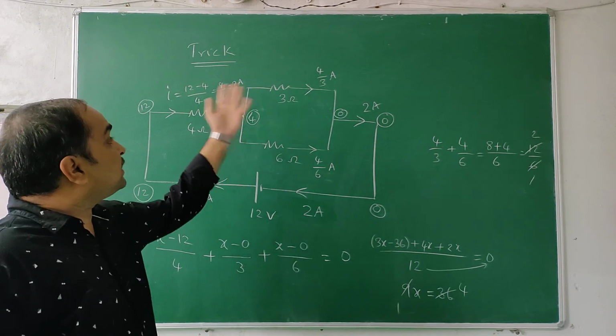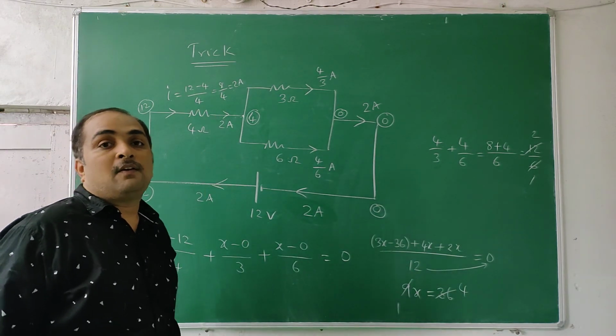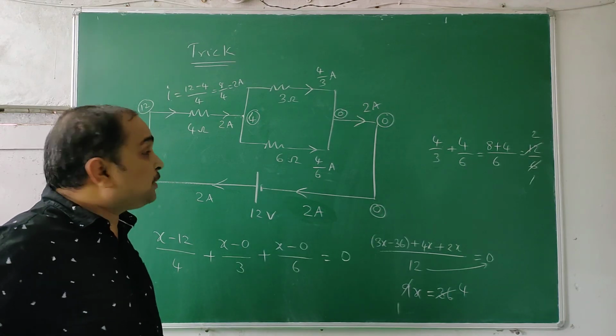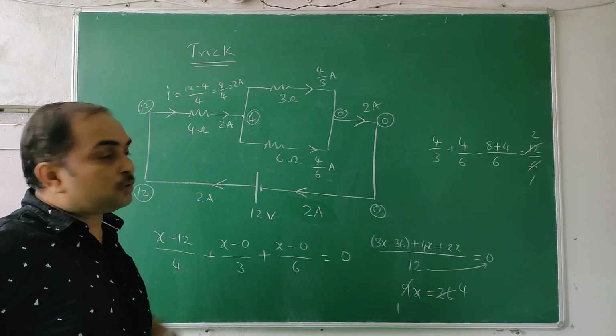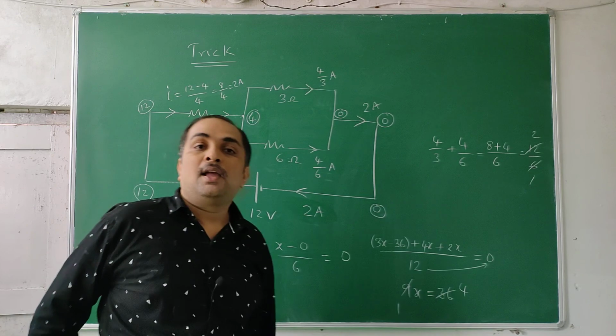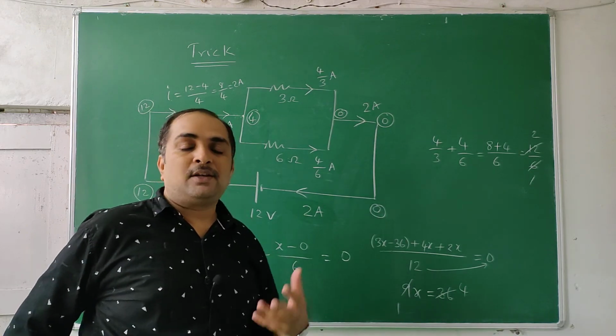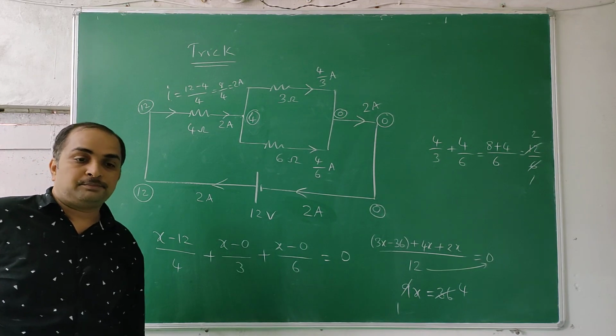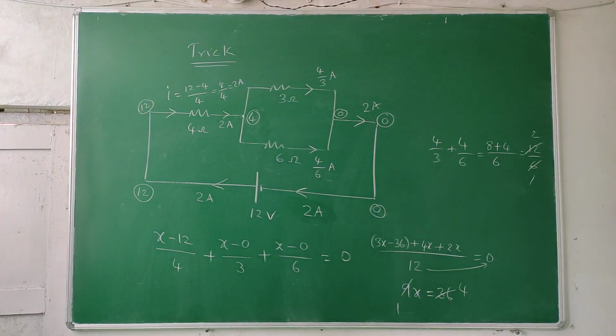You see, every resistance is as such. We didn't use 1 by R equivalent is equal to 1 by R1 plus 1 by R2. I didn't use it. So that is the important aspect of this thought process. It's not a trick, it's a basic concept, it's a law, we used it. That's Kirchhoff's law. See this problem multiple times, all the problems, and try to do them, then you get more idea.